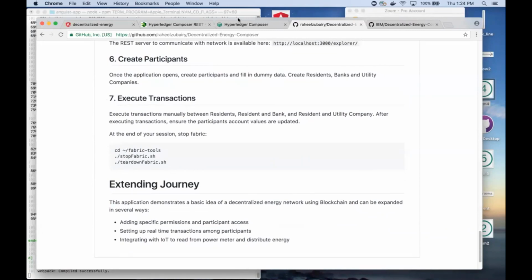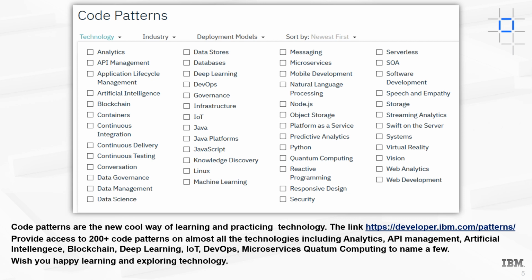Thank you. As you would have understood from the example video, one of the code patterns is making use of blockchain and creating a solution for a decentralized ledger for energy. Now, code patterns are cool ways of learning a particular technology and practicing a technology, right? I would rather emphasize that you remember the link